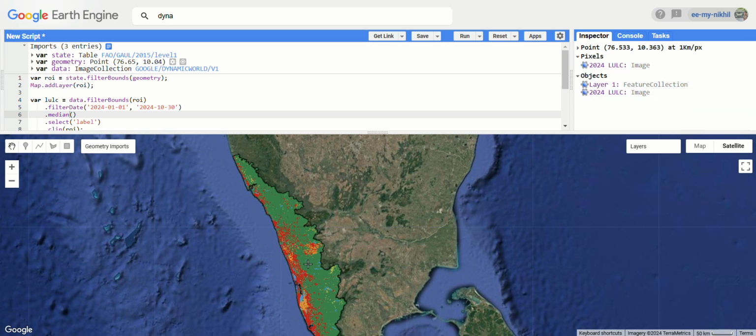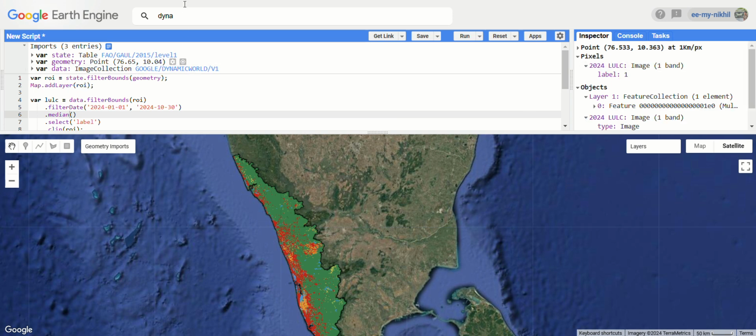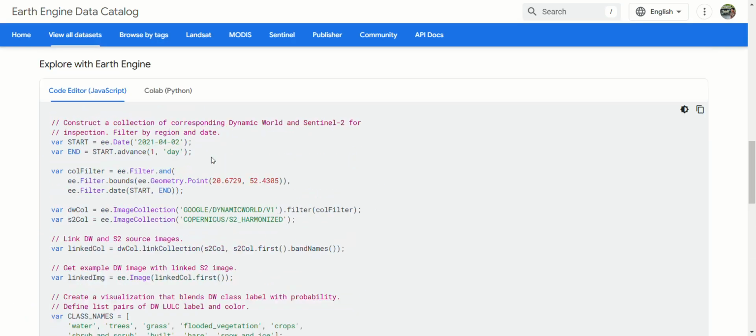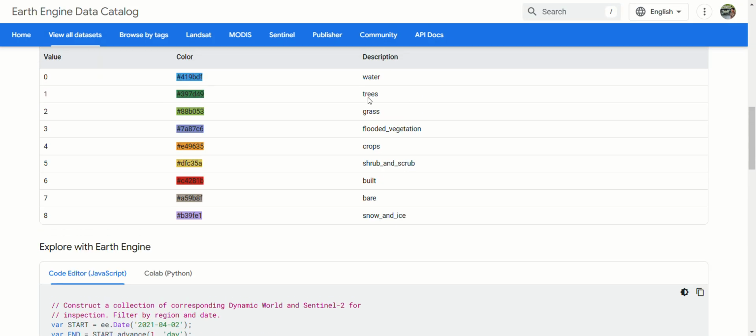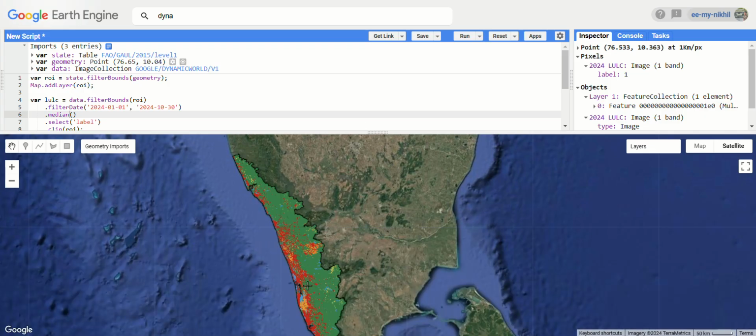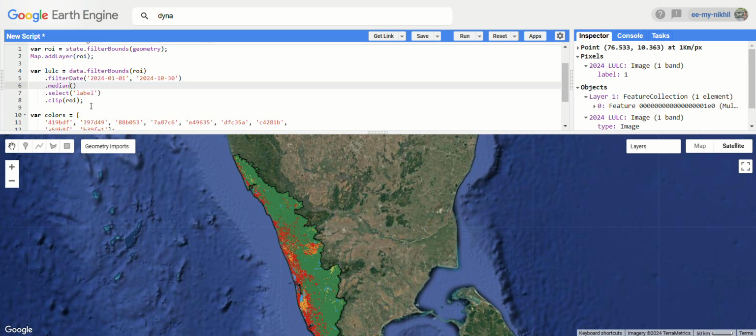So if you click on the green area, here you can see its label is loading. Yeah, its class is 1. So yeah, here you see 1 stands for the tree. So probably it's a Western Ghat region, and all the blue colors are indicating water. So like this, you can visualize all the classes in a region of interest, or you can change to any particular one class by changing its